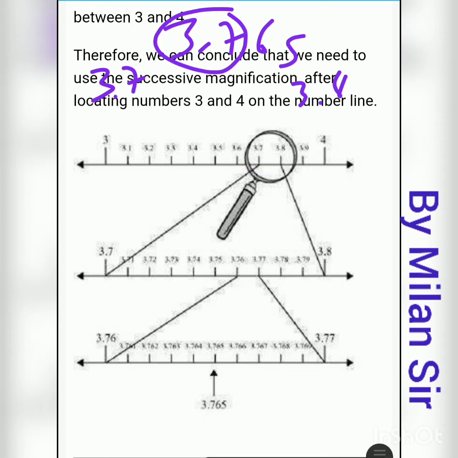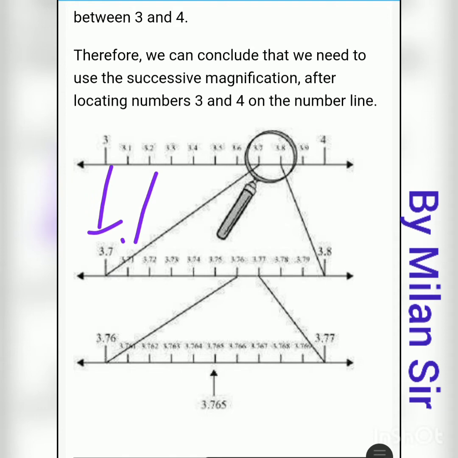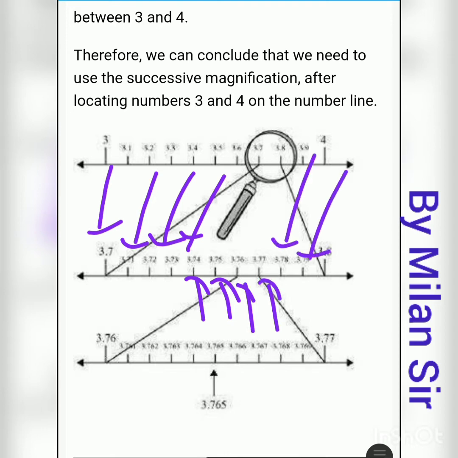So below we need to draw one more number line. In that we need to show 3.7 and 3.8. Now the numbers in between we need to represent here. Which numbers are there between 3.7 and 3.8? 3.7, 3.71, 3.72, 3.73, 3.74, 3.75, 3.76, 3.77, 3.78, 3.79 and finally 3.8.